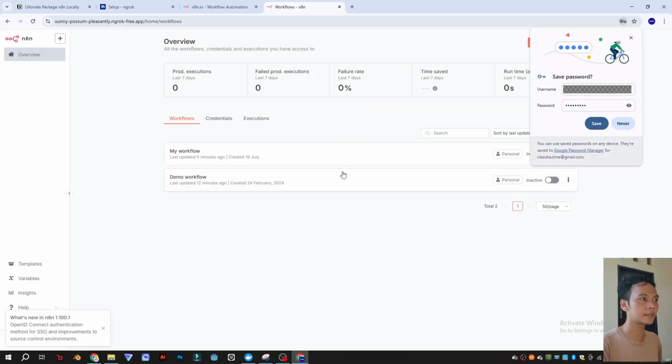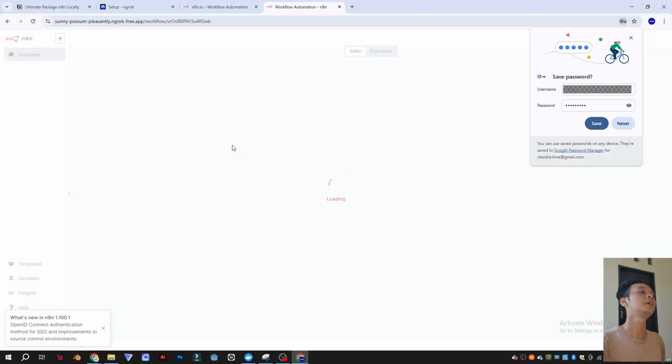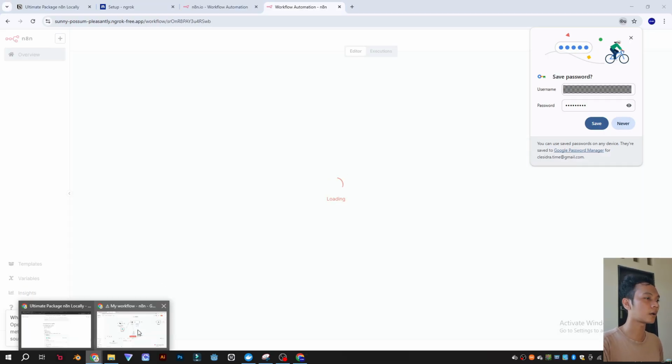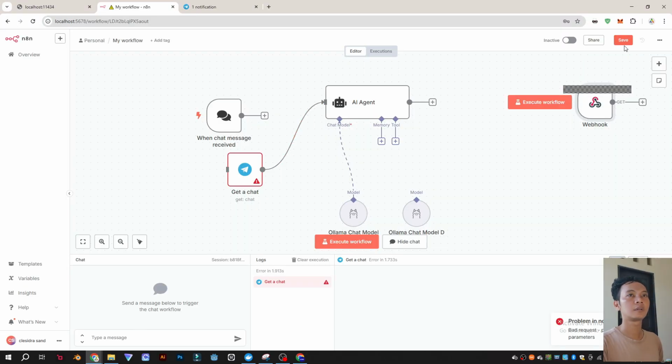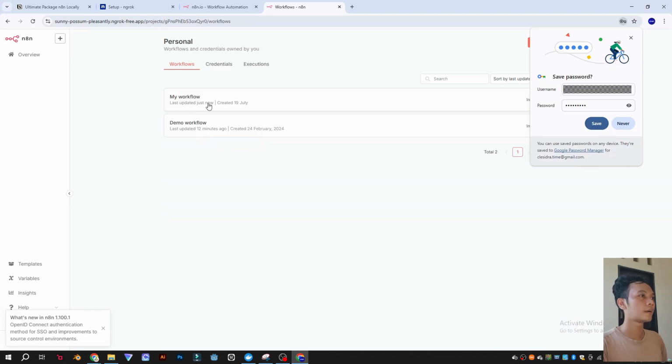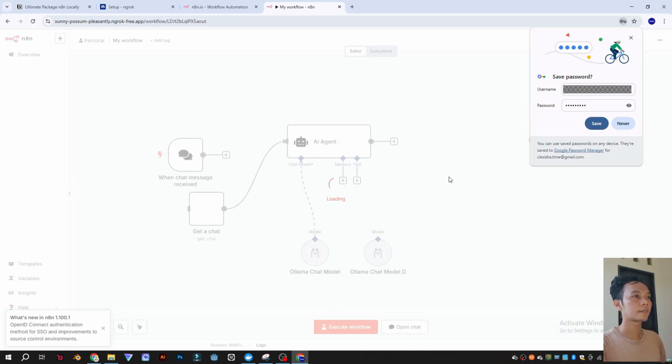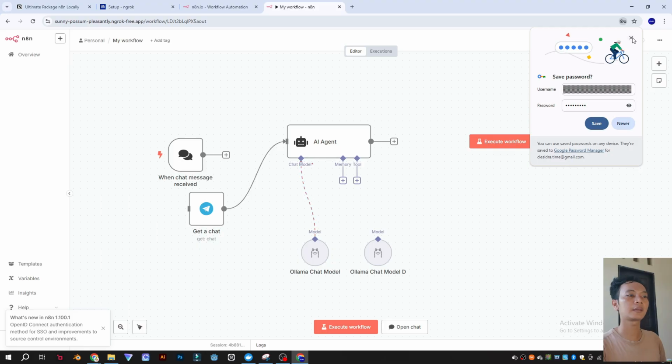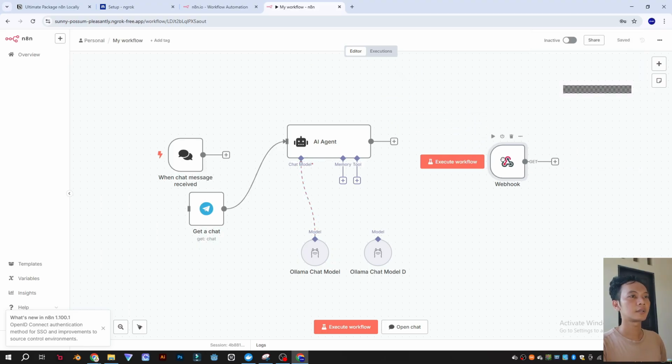If you can see, this is our same workflow, offline in localhost. If you remember here, we have a Telegram here. So exactly, we get the same workflow online and offline.